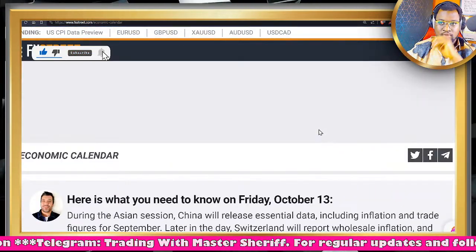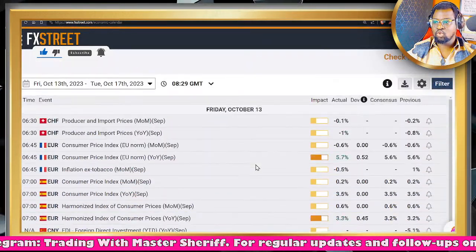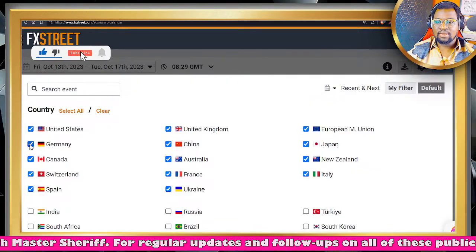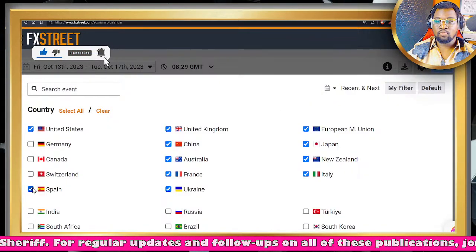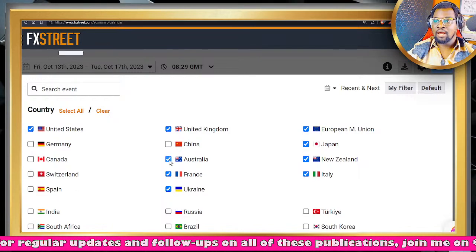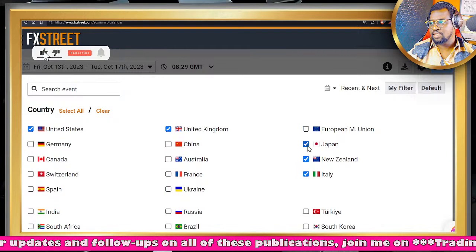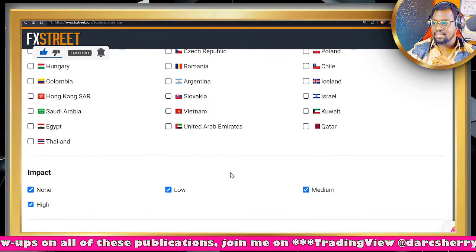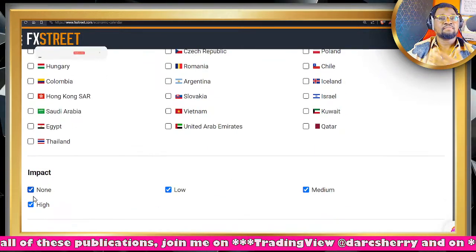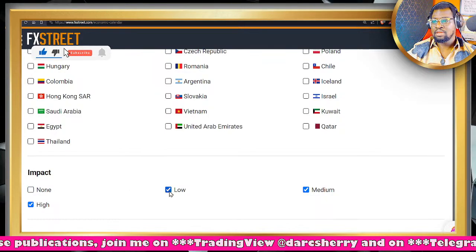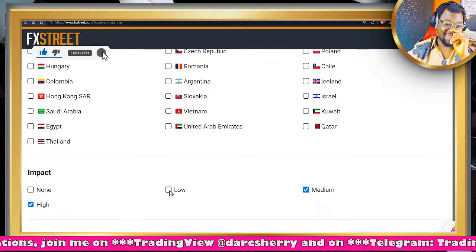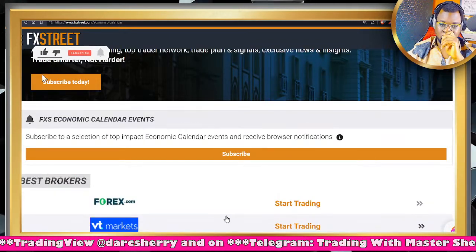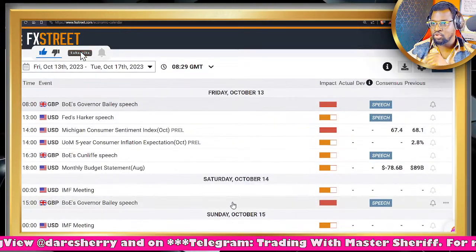We usually use the FX Street economic calendar, so we are going to be doing some filtering out. I want us to include the United States and United Kingdom, which are the economies on our watch list for this week. So let me take all these others out and streamline it to only the United States and the United Kingdom. Then the level of impact of these events, we want to keep it at medium and high impact events, at least for the meantime. Let's see what the majority in the market is looking forward to. Now, if we do that correctly, what do we have here?